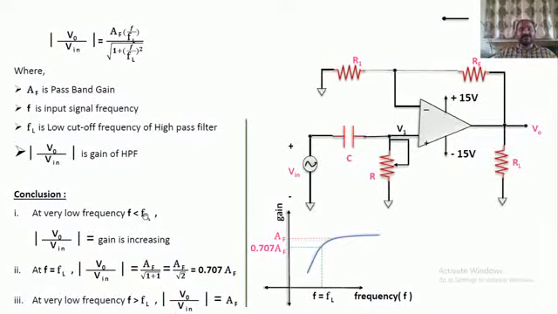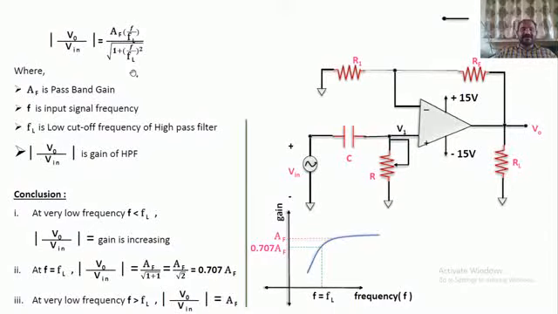If f is less than fL, this is a very small parameter, because fL is larger and it is in the denominator, so obviously we get a fractional value. Here also we get the fractional value, so this entire thing will become almost 1. Because it is a fractional value, squaring it gives a smaller value, and adding that very small value to 1 is not going to affect much. So I am assuming this as 1. Square root of 1 is nothing but 1. The numerator is already a very small value, because fL is greater than f, or f is less than fL. So in two ways we can take the explanation.